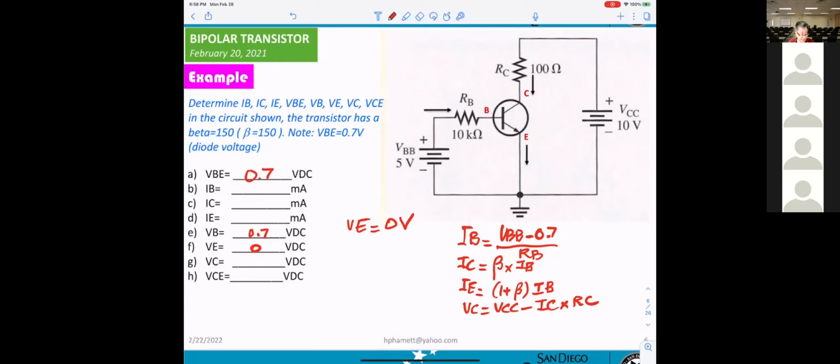You get 5 minus 0.7 equals 4.3, divided by 10K, equals 0.43 milliamp. Right? Yep. And now you get IC, with beta equal to 150.